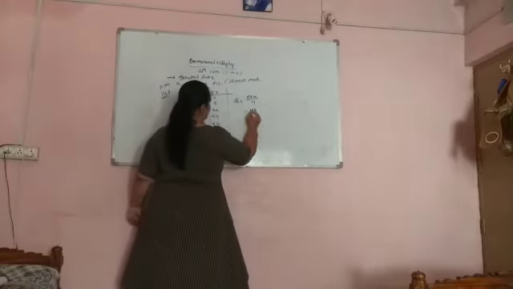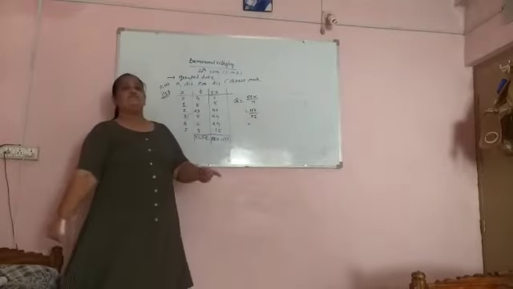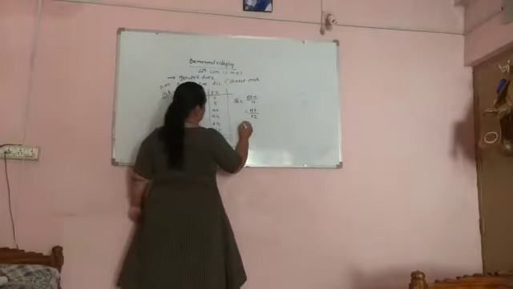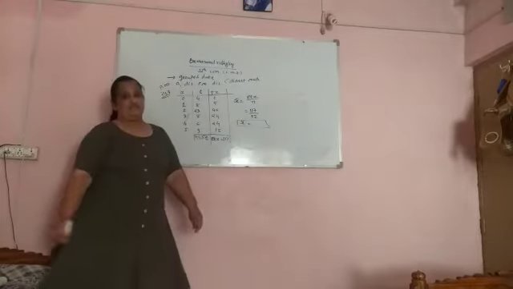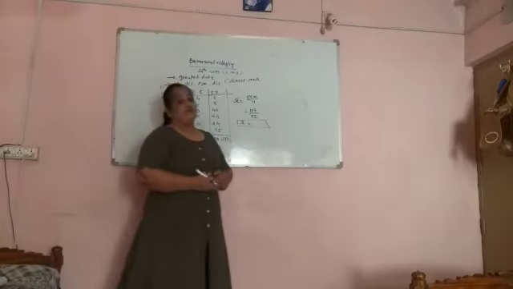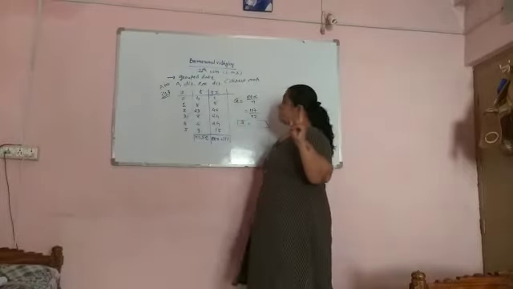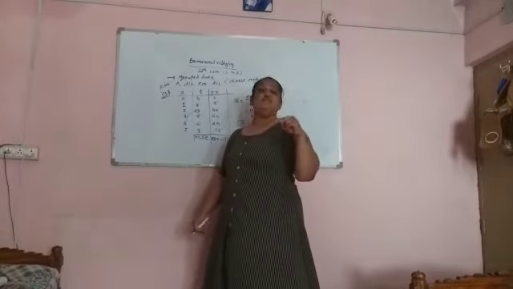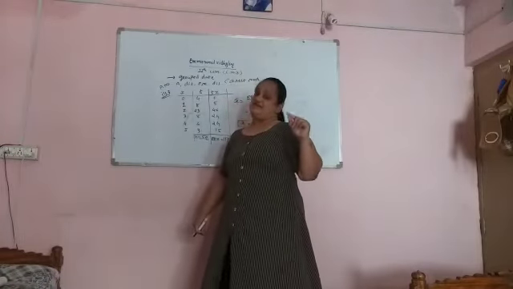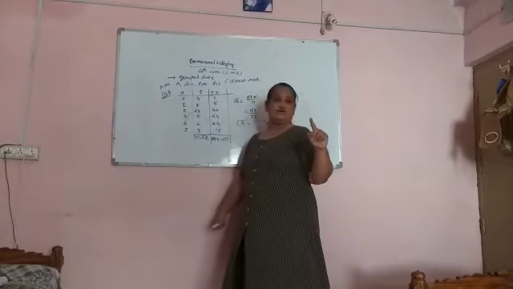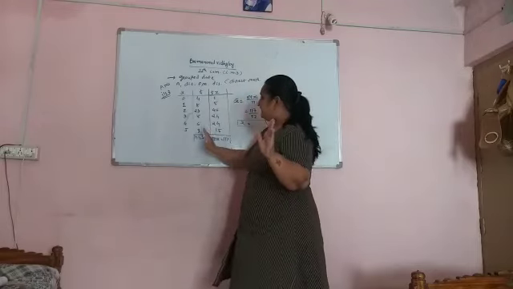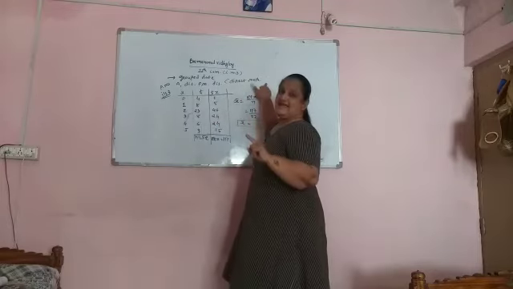Sigma fx is equal to 117 divided by 52. Now you can calculate 117 divided by 52 on your calculator, and you should get the answer for the mean. So students, today we learned two types of sum. The first sum is ungrouped data, where we learned about the shortcut method, in which we take d by an assumed mean. And the second sum, in grouped data, we learned about discrete frequency distribution, in which we can take the direct method.